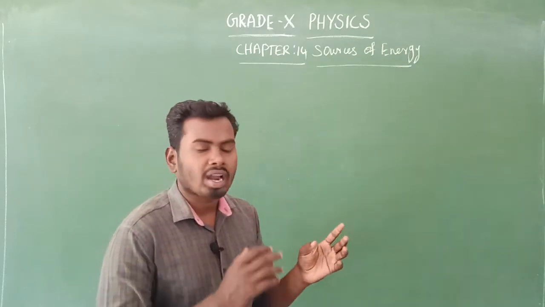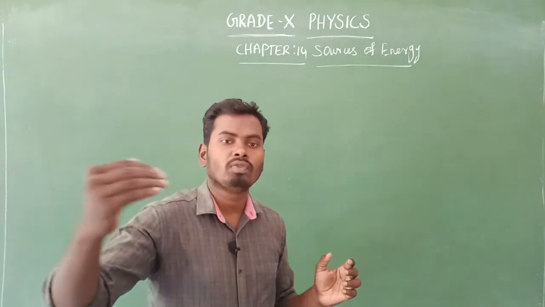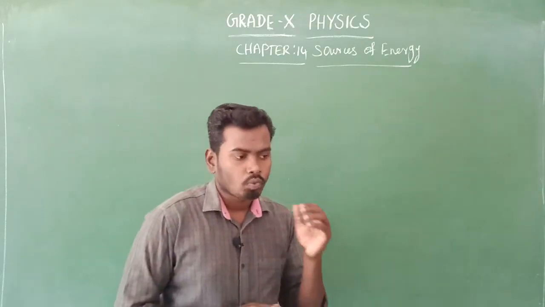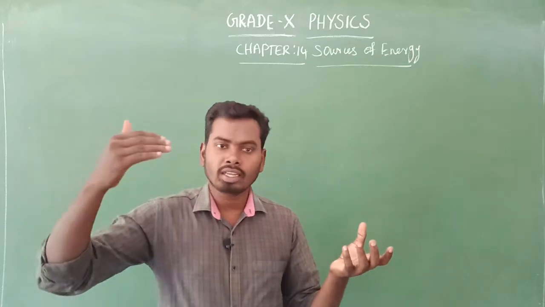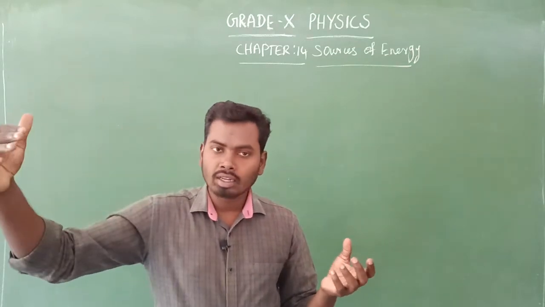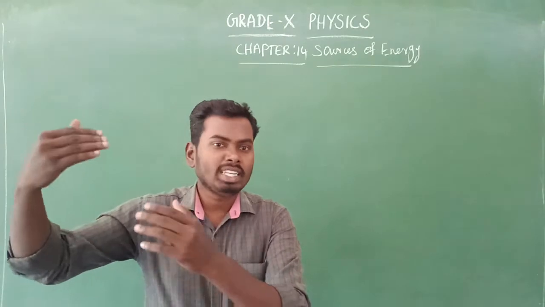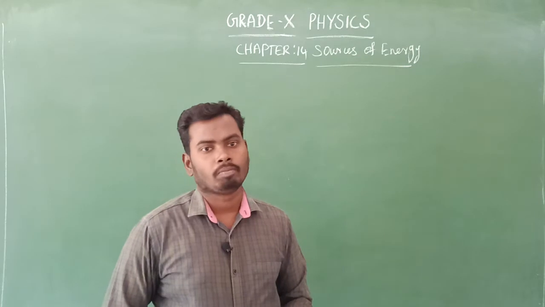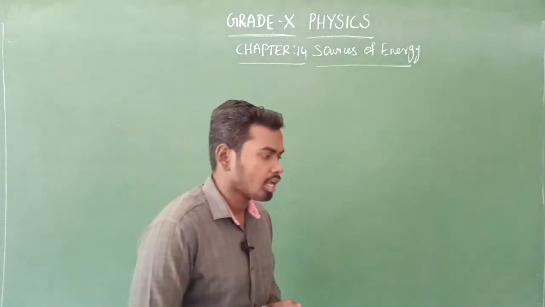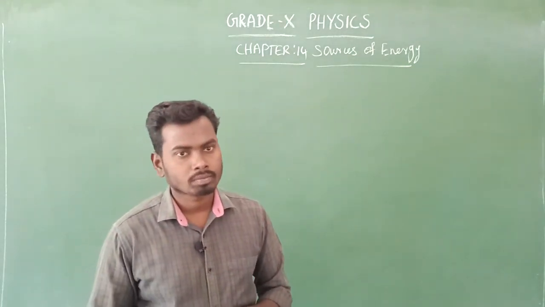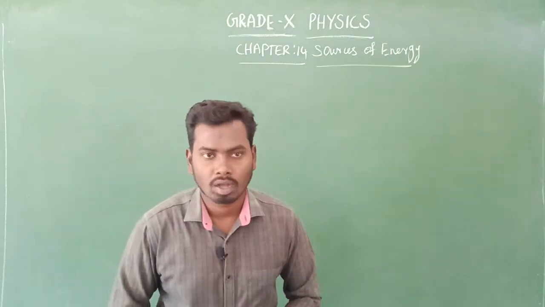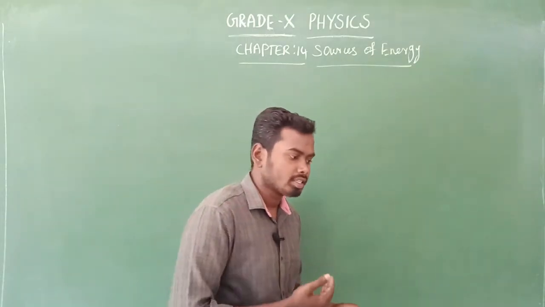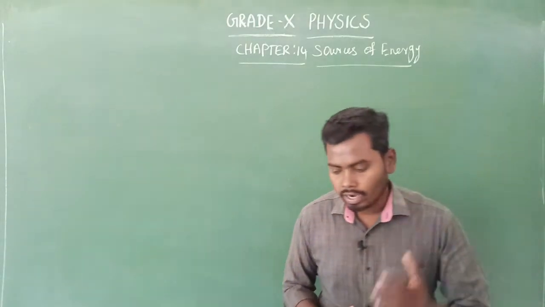Then the turbine is connected with the generator along with that shaft. So when the turbine rotates, correspondingly the shaft also rotates. Then this rotation generates electricity in the power generator. So this is how electricity is generated in a hydro power plant. Is it clear? In the last class I drew the schematic diagram of that hydro power plant.